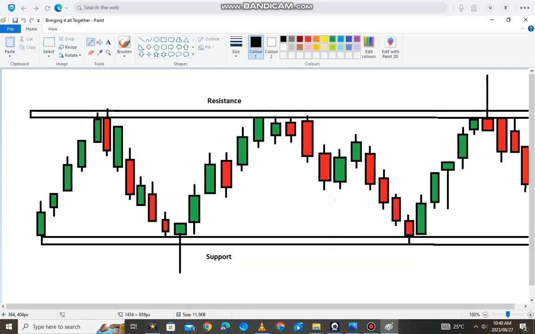Alright traders, another beautiful drawing that I made for you guys here, and it took me a bit while guys